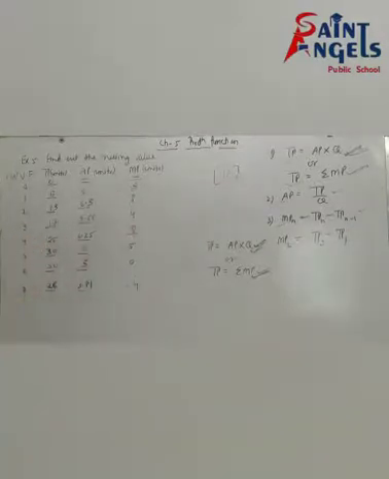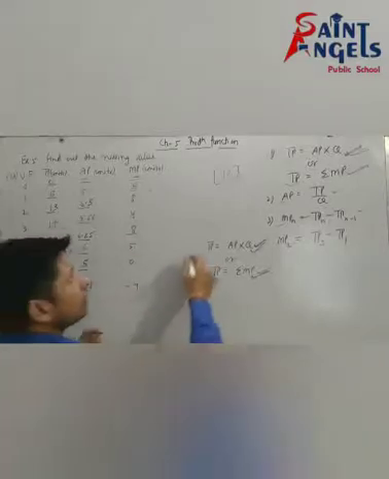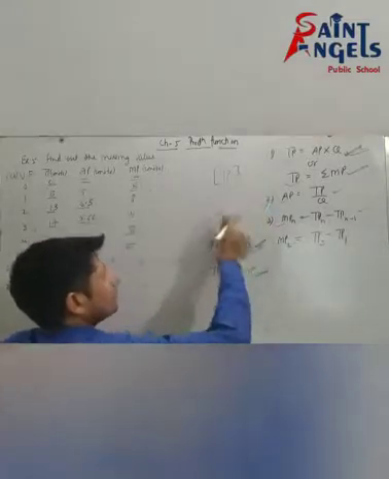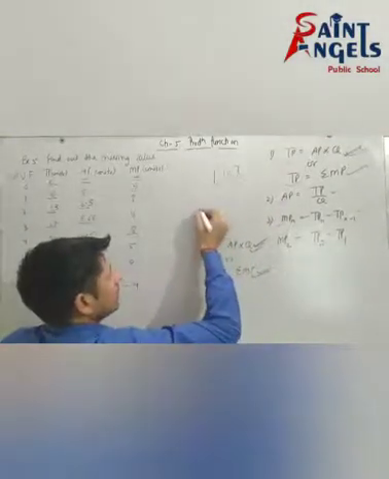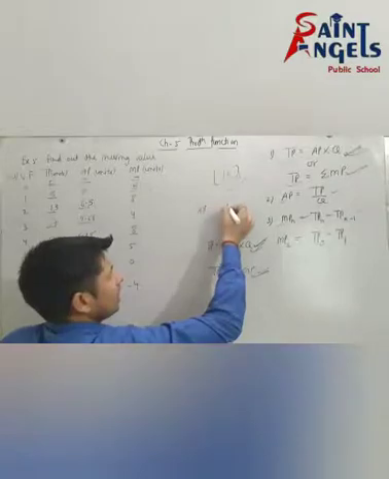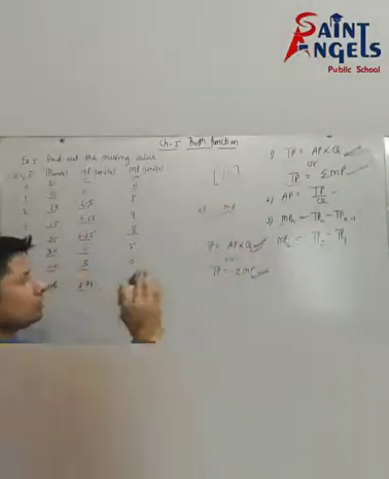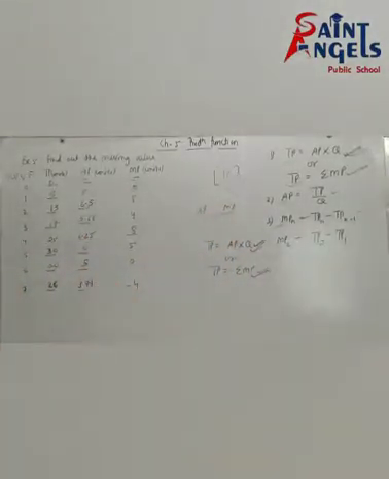So I hope all of you have understood how will you calculate value of TP, AP and MP. But for this type of question, first of all, you will find TP, then after it's up to you. You can find either AP or MP. It's up to you. So please pause the video and note down this.